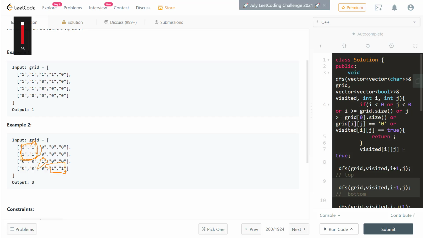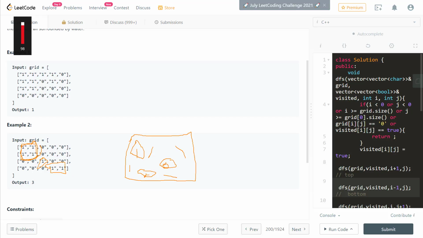So this is our problem statement, and we are supposed to return the number of islands. It is like this is a place, and this is some land, and land over here, and some land over here, and the white empty spaces are going to be the water, all this part. So we are supposed to find the number of islands. This part is going to be 1 island, this is going to be our second island, and this is going to be our third island.